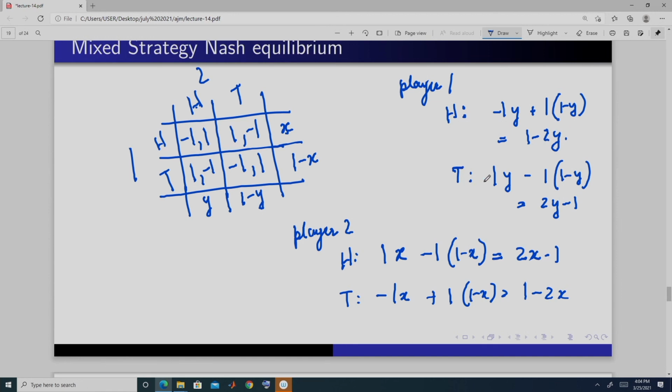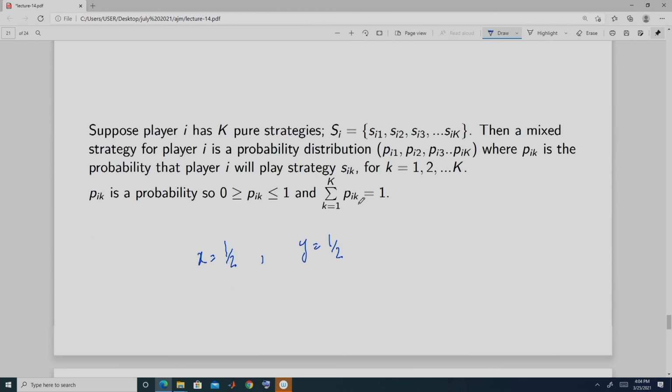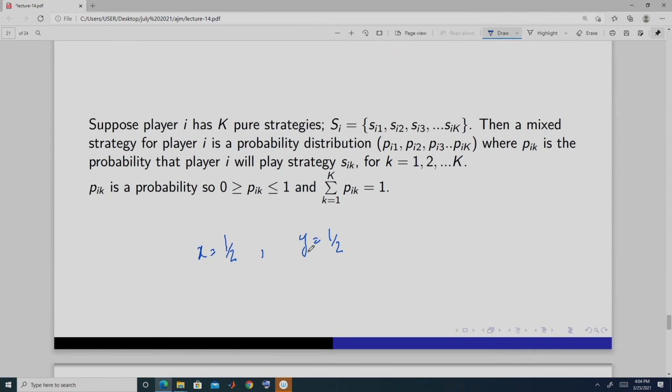When y is equal to 1 by 2, player 1 is indifferent. The same holds for player 2: when x is equal to 1 by 2, player 2 is indifferent between head and tail, so it attaches some probability to each. So at this point, when x is equal to half and y is equal to half,